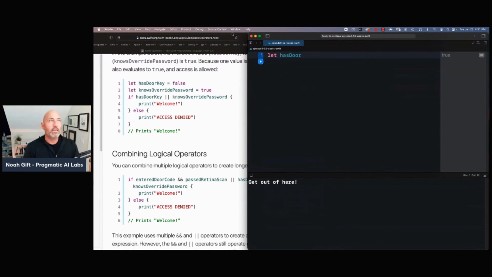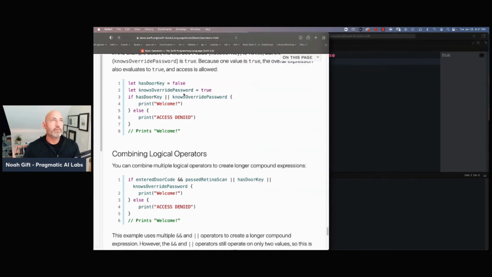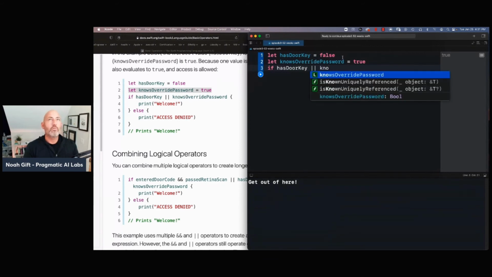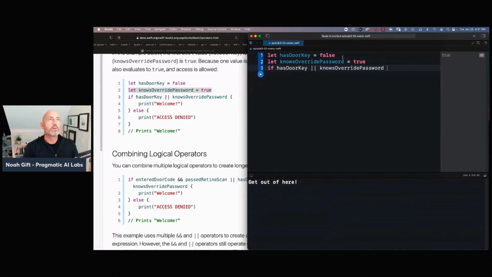So if we say has door key is equal to false, and then, since they're big things, I'm going to just paste them in to be lazy. We'll say let knows override password true, and then I'll say if has door key or knows override password, either one,